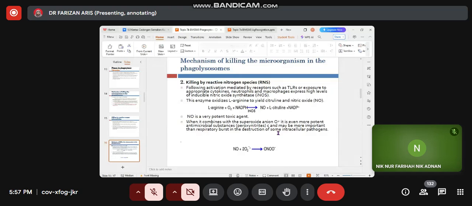The other type of killing mechanism could involve the RNS, nitrogen free radicals, reactive nitrogen species. This kind of radical species is usually produced when there is an activation of TLR receptor. So when the TLR receptor is involved, nitrogen species will be produced. Nitrogen species is also a very potent agent, and it can combine with the oxygen radicals, and later